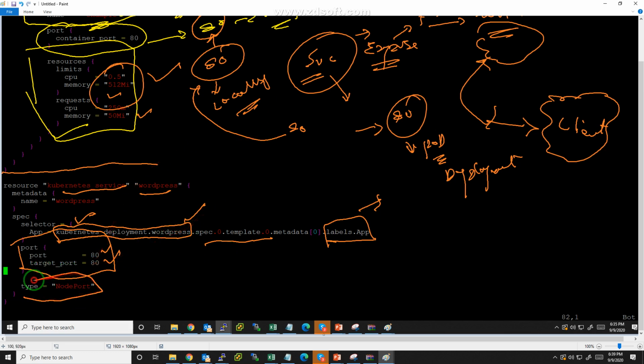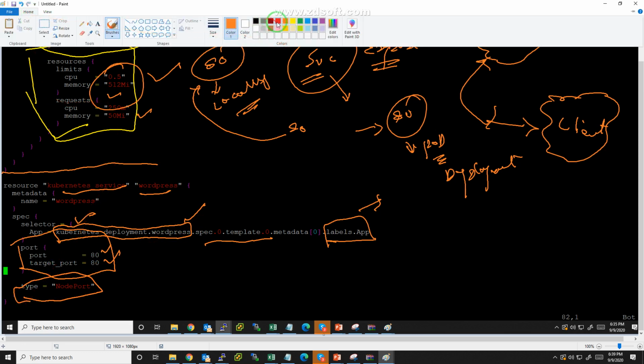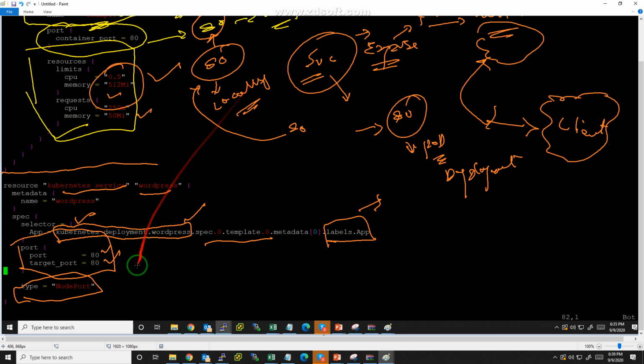This is another thing in Kubernetes which is very useful, and nowadays we have multiple types. This is NodePort, then we have ClusterIP, then we have LoadBalancer, and one more I don't remember right now.